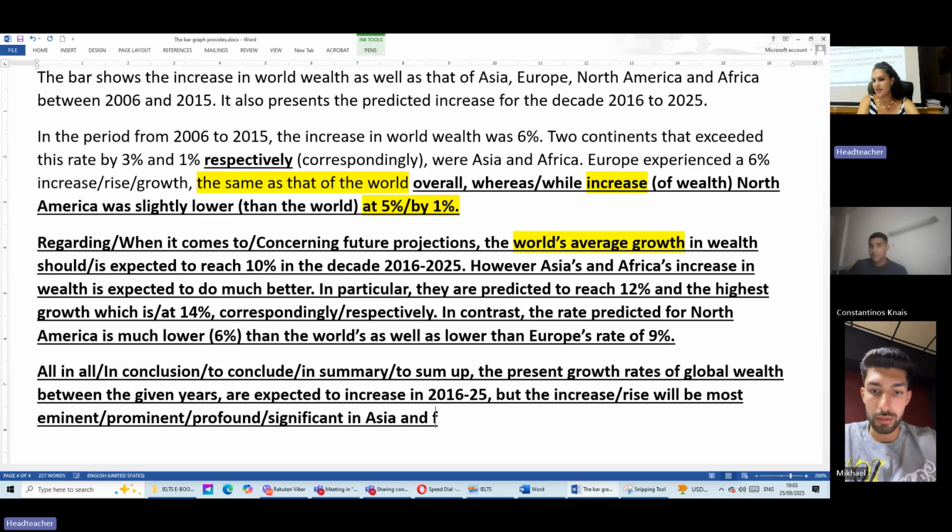And foremostly Africa. Europe? Why is it? No, not Europe. Sorry. It is Africa who is going to do the best in the future, and then Asia. 14 and 12, Michael. Europe is fourth, not even third. So yes, Asia and foremostly Africa.